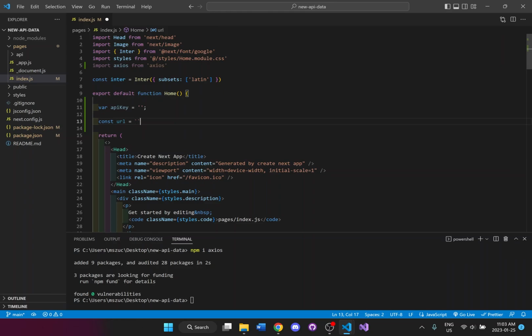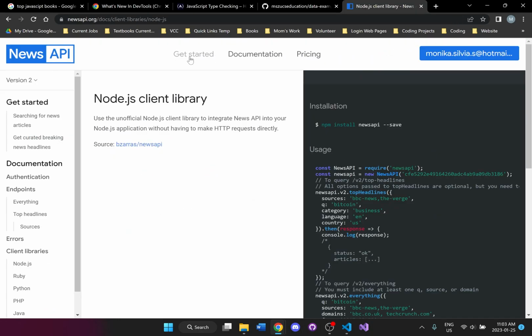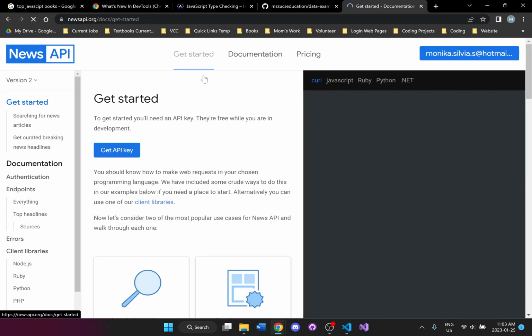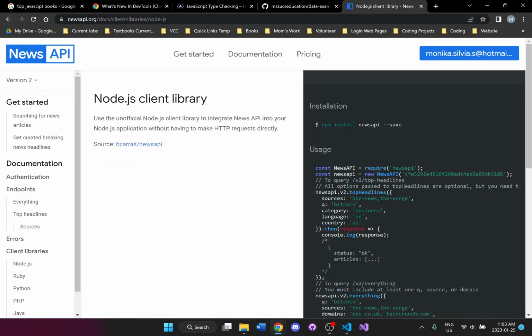And what I need to do in order to grab the right URL is go to the site over here, and on the site, let's click the Get Started tab. Let's see, all right, Node.js.